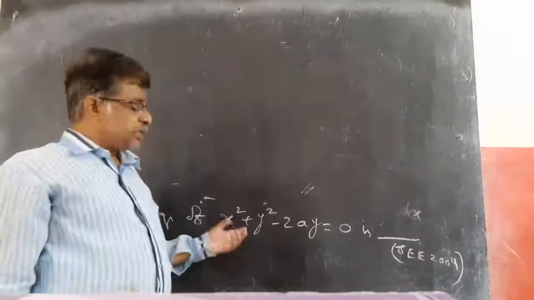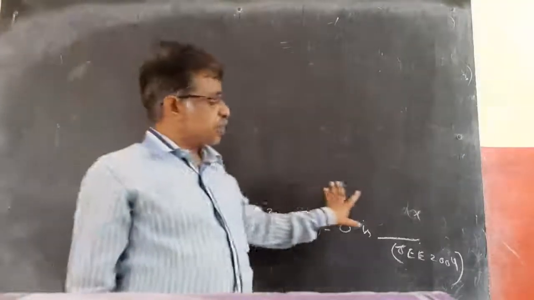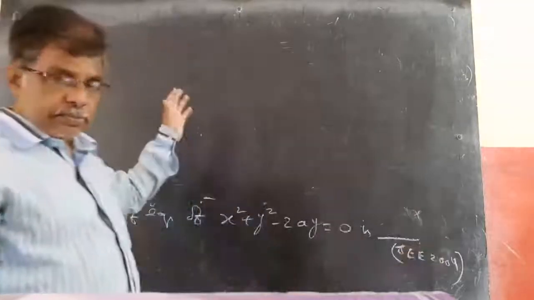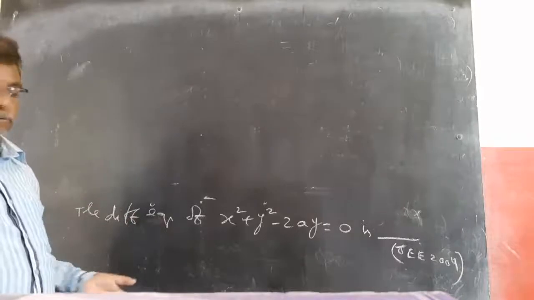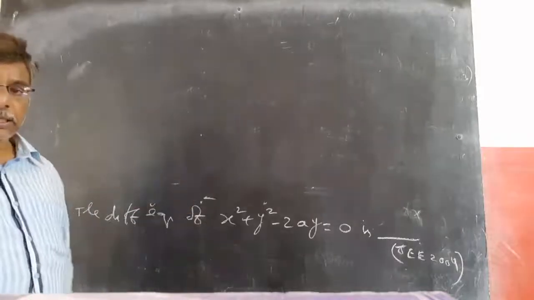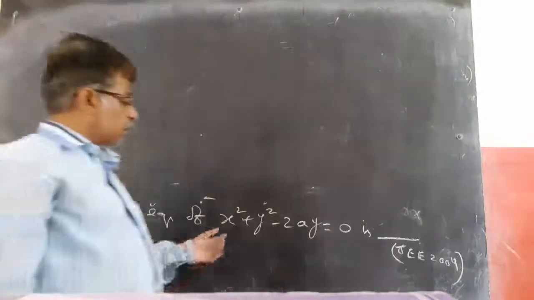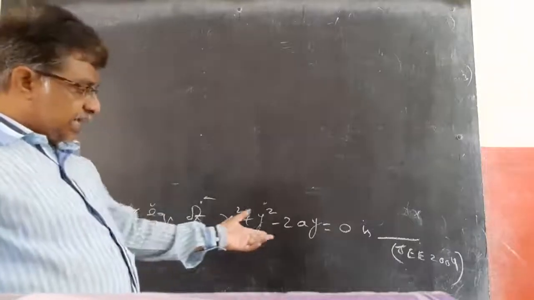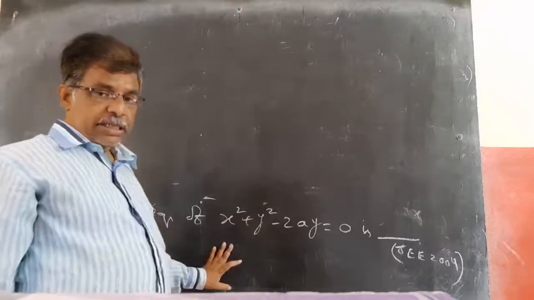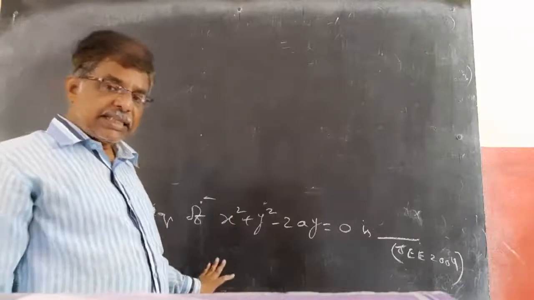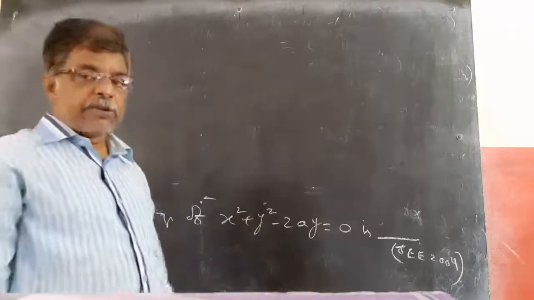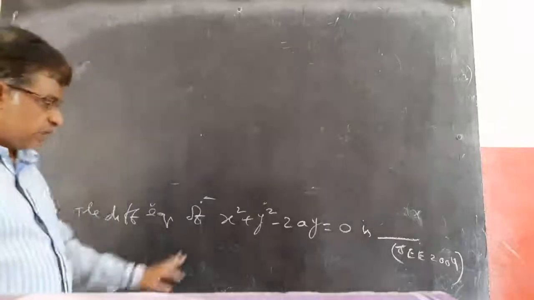If you observe, this is happening. Most of the time these two types of questions only they are asking. In differential equations we have only two things: order and degree, or finding the general solution. Now this is the order degree type, but he is asking for the differential equation, meaning not the order and degree, he is asking to form the equation. After forming, we will find order and degree.